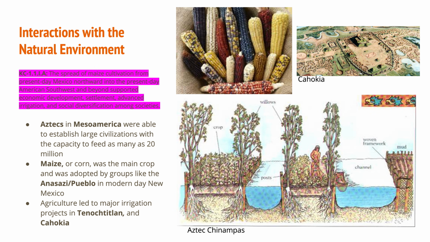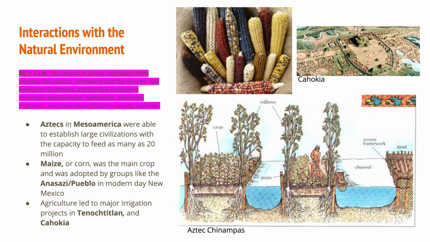This began in Mesoamerica, present-day Mexico, with the Aztecs. So they were able to establish their large civilization through the use of corn plantations. Remember, their capital city, Tenochtitlan, was built on top of a lake on marshy land, and they utilized that marshy lands to create these irrigation channels to plant the corn. The little islands that would be created out of these channels in which they would plant were called chinampas. And through the use of these canals and irrigation channels, they were able to feed as many as 20 million people across the entire Aztec Empire.